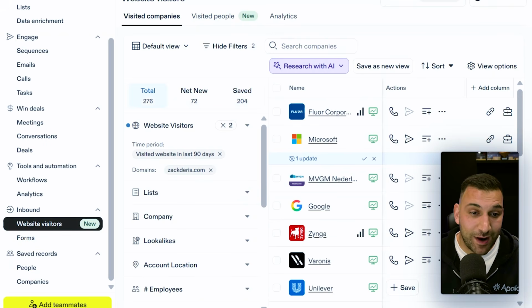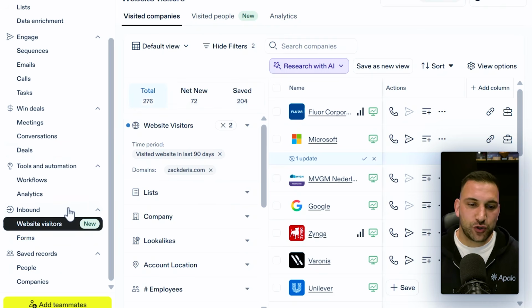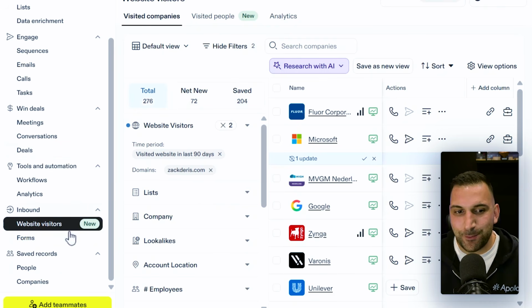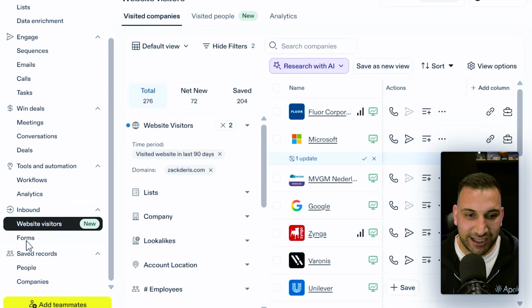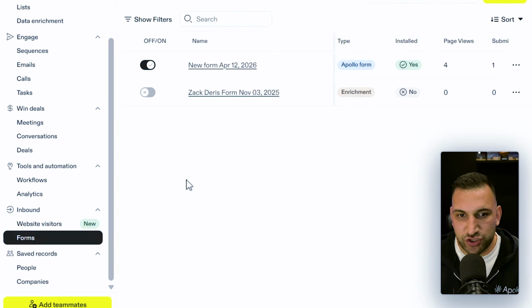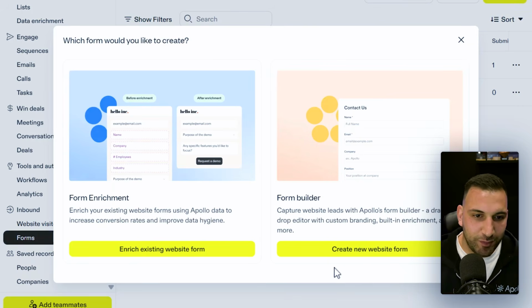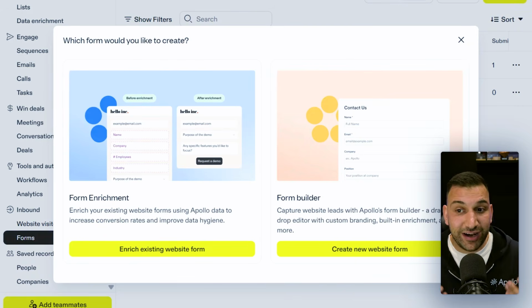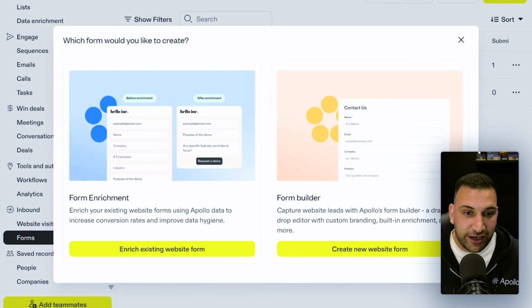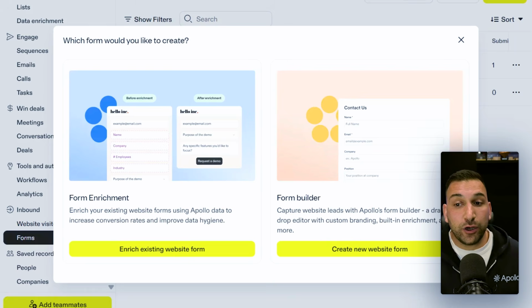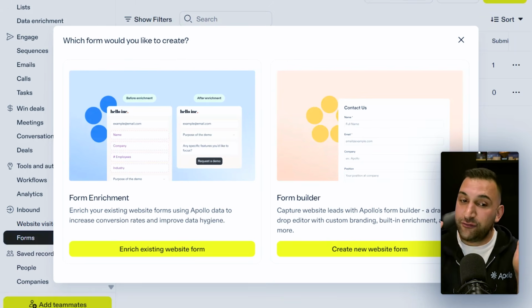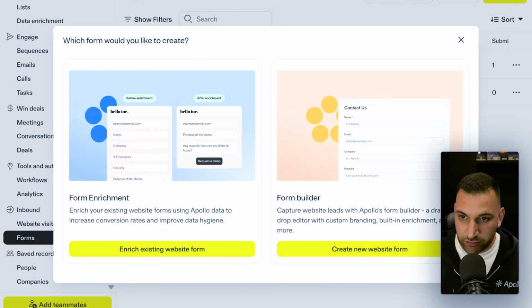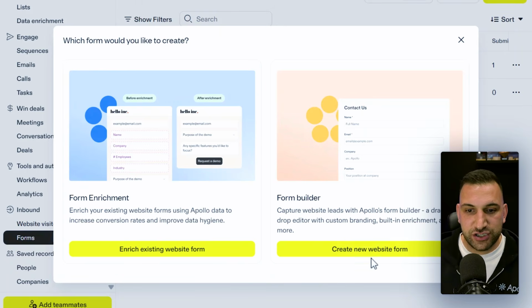Just so you do know how to access it, you want to navigate over to the toolbar on the left-hand side in the same inbound section that we were on previously. Just underneath website visitors, you want to click on forms. Once you're on forms, you want to click create a new form, and then you've got 2 options. If you currently have a form that you've created with either Webflow or anything else that you use to build out your site, Apollo can interact and integrate with that already pre-built form. If you do not have a form within your site, you can use the form builder to go ahead and